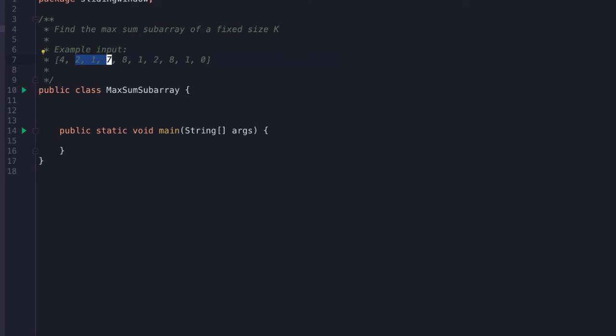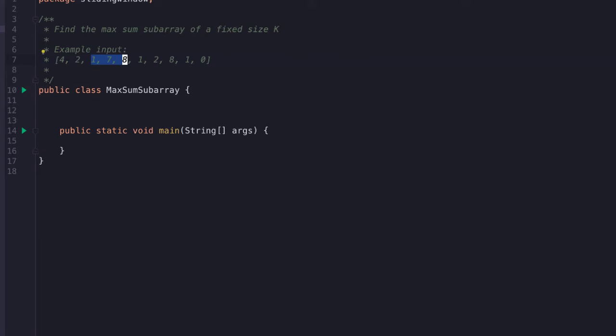So the window length, like you can see here, this highlighted value would be size k, and we need to maximize this window as we iterate through and return the maximum value that we have found. So as we determined previously, the example input yielded a max value of 16, which we can see here,